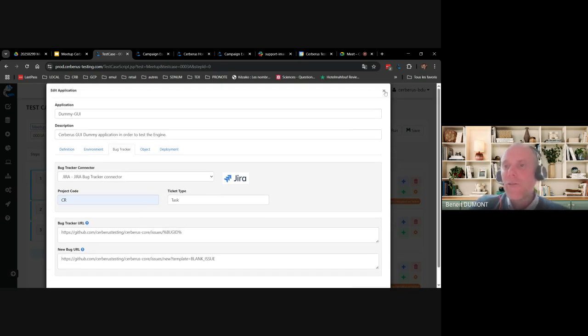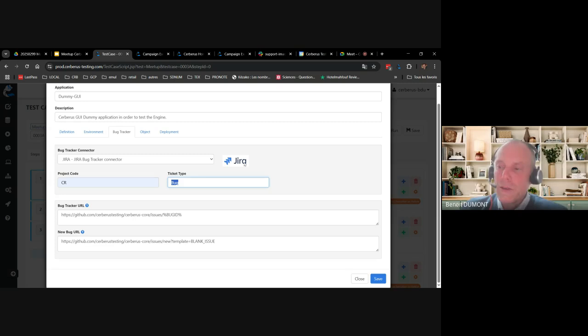One thing is, directly from the execution screen in one click, Cerberus will create the task or the bug or whatever you configured here. It will automatically feed the content of the ticket on the Jira side with a full link and details of the execution. And it will make the link. It will ask Jira to create the ticket, get the ID of the ticket from Jira, and link it with the corresponding test case on Cerberus. So it's in one click. It performs the creation of the ticket and the link with Cerberus.